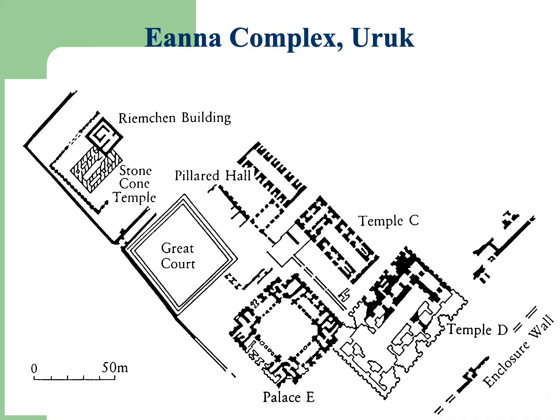Here's a map of the Ayana complex in Uruk. You can see some of these really interesting kinds of pillared architecture here that have a lot of very elaborate rooms within them. And you can see the great courtyard for outdoor activities, and a variety of different layouts to these things. So there are different kinds of things going on here. Some of them are principally for storerooms, others are principally for ritual performances, while others seem to be more administrative in nature.